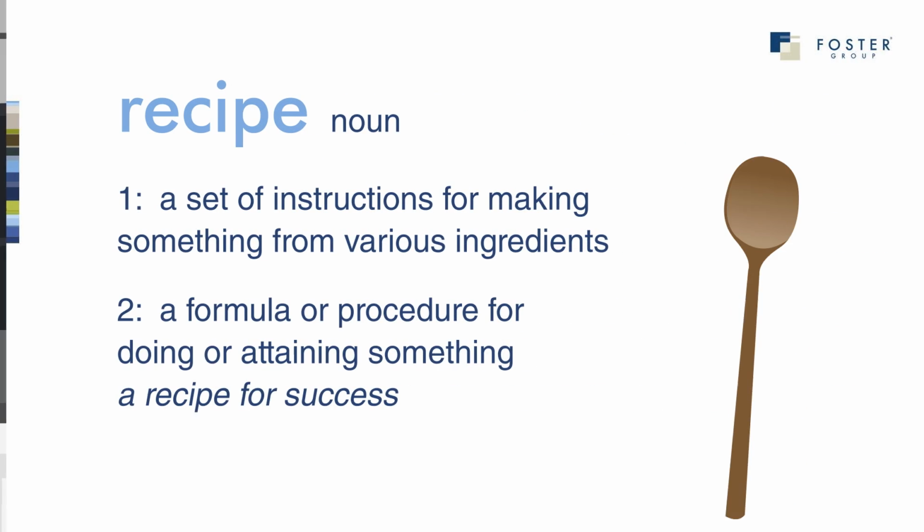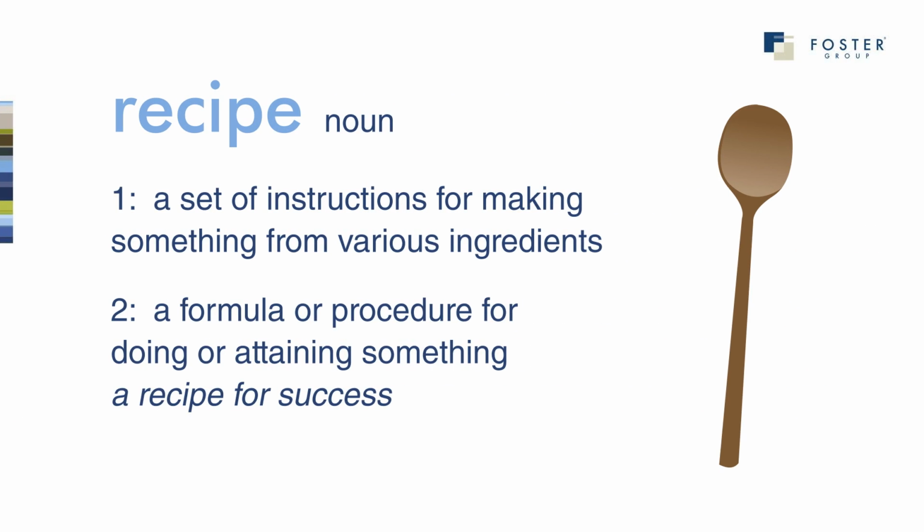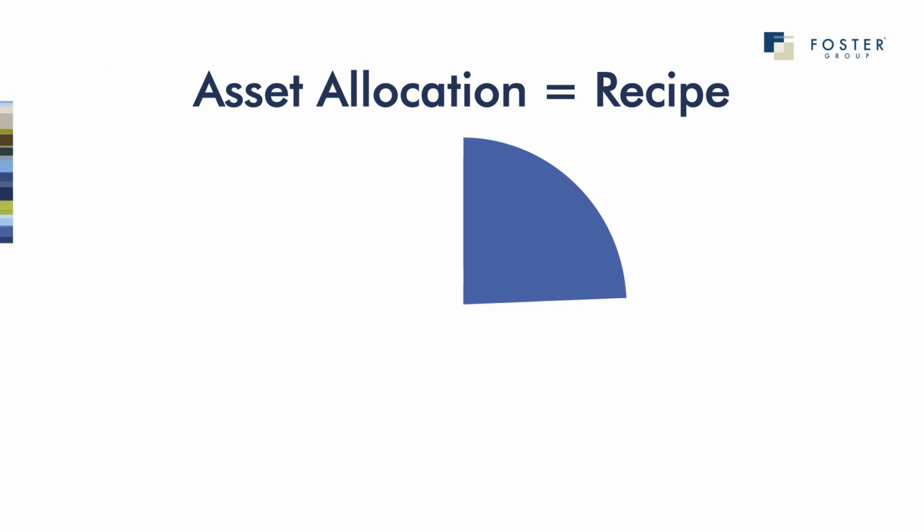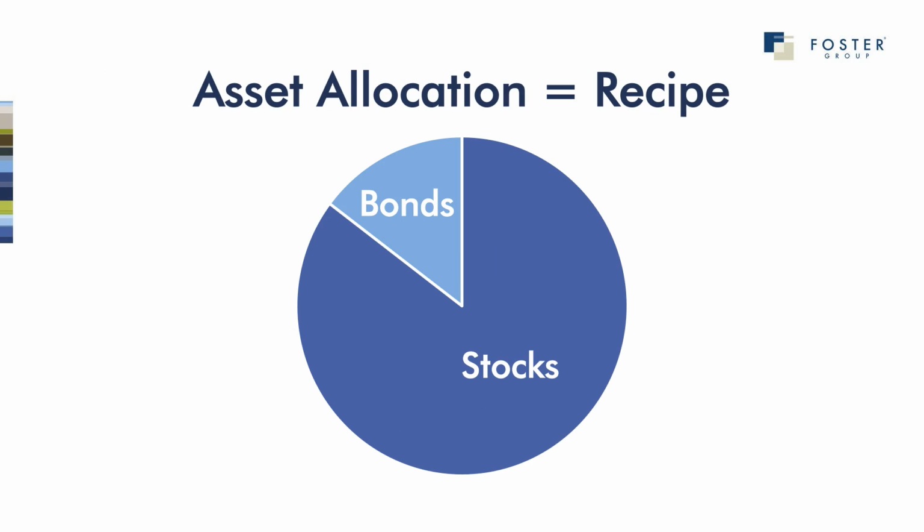Good recipes are the foundation of many things we enjoy eating. The recipe specifies the correct amount of each ingredient, which is critical to the flavor and texture of the food and whether we will have a good experience eating our meal. Investment portfolios also consist of recipes and ingredients, and getting both correct is important for a good investment experience. The recipe for a portfolio is expressed in its broad asset allocation.